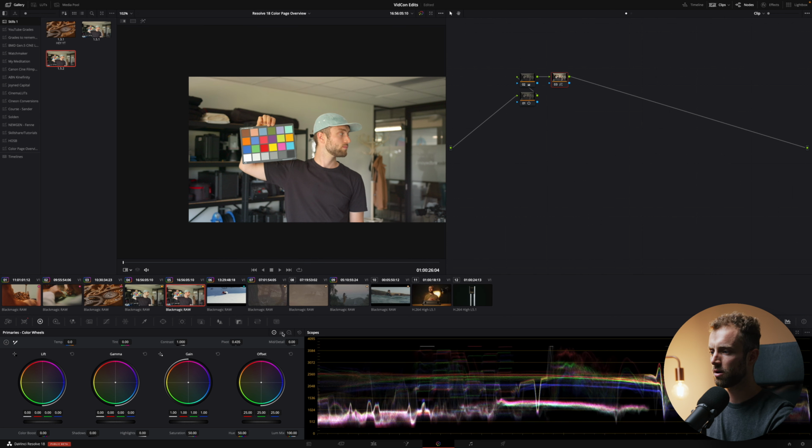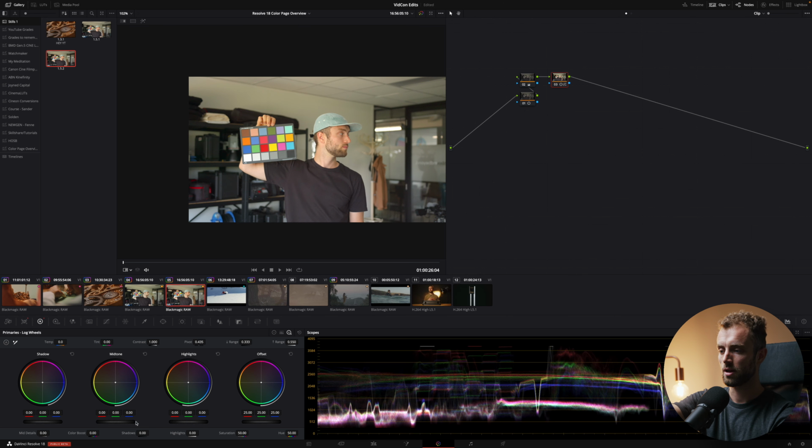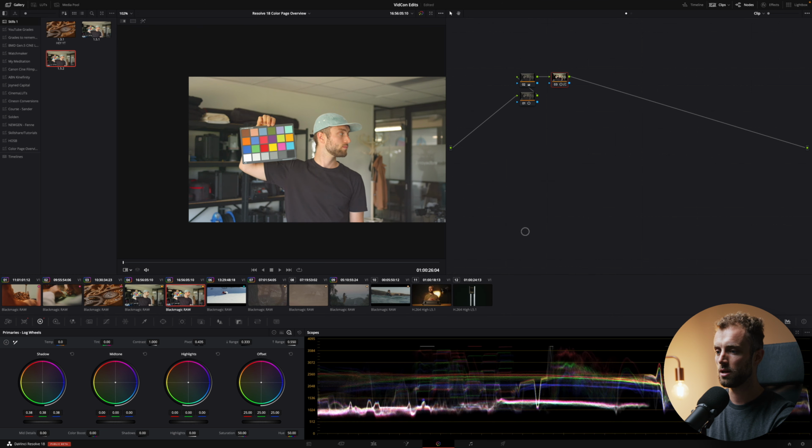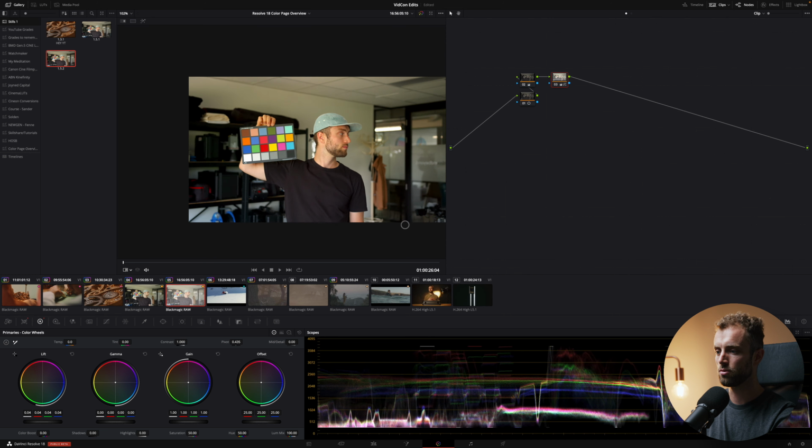Next up, we've got our bars. Same thing as your color wheels, a different layout, does the same thing. And you've got your log wheels. Your log wheels do act differently. You get more control over your shadow area. So if you check the scopes down here, if I drag them down, you can see that only the shadow area is dragged down. Whereas when I drag this part down, it sort of scales down uniformly, right?